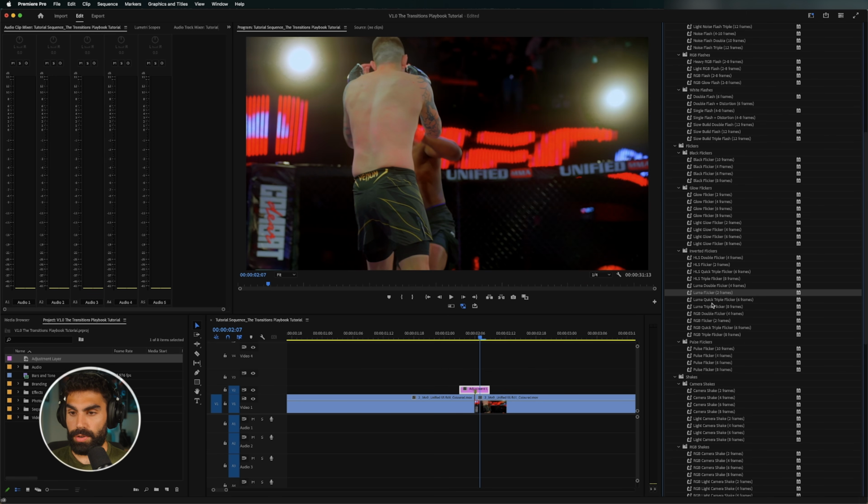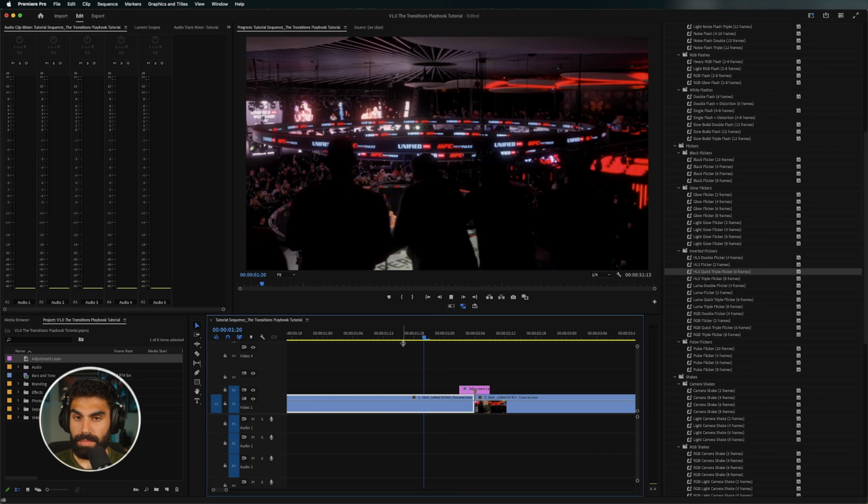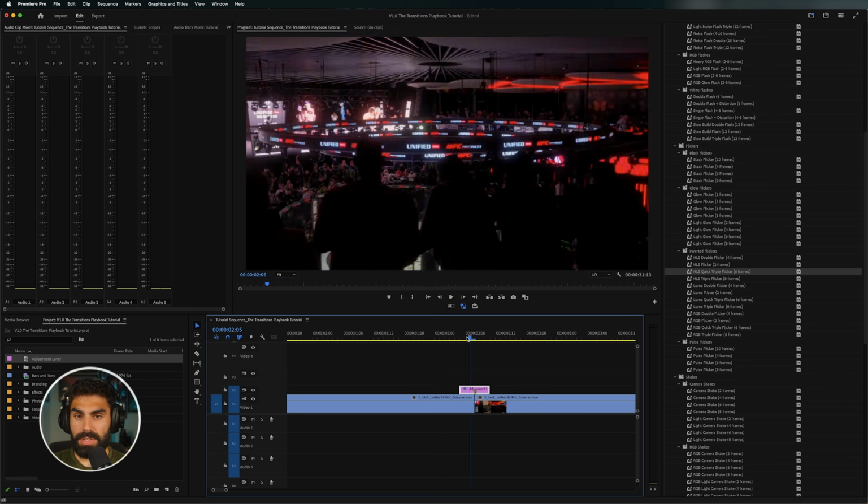I even have a bunch of inverted flickers. So let's grab our HLS flicker. That is 6 frames, quick triple flicker. And it gives you some flashier, more pronounced stuff if you want to use that to really make your